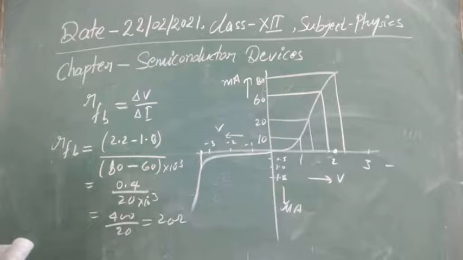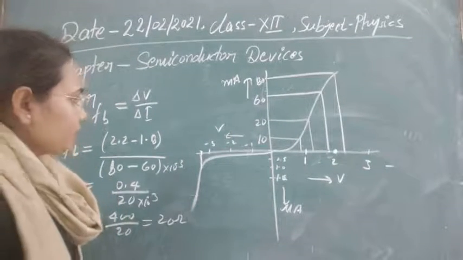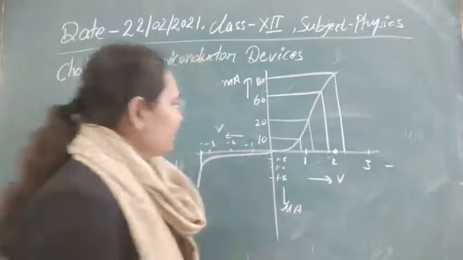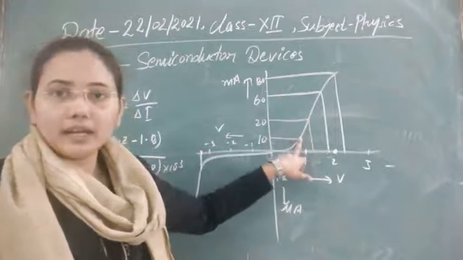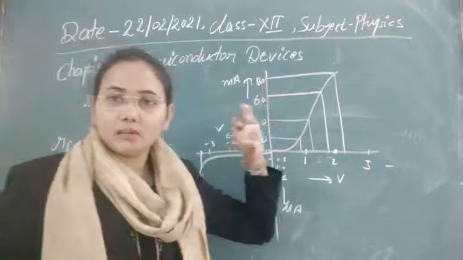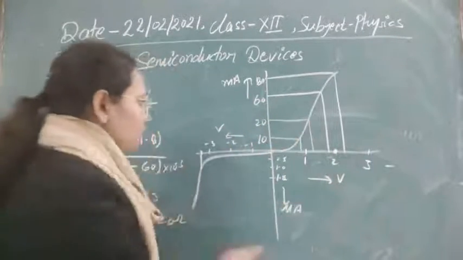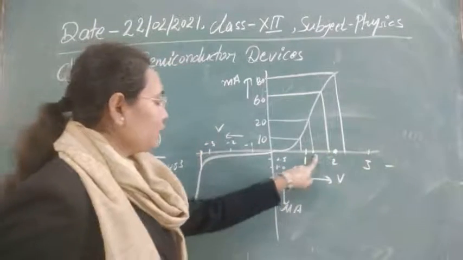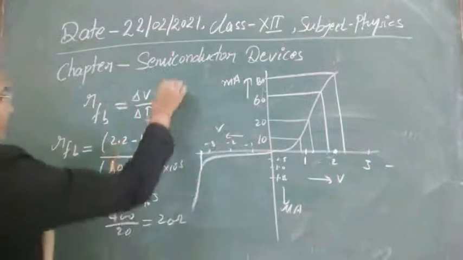I think it's okay now. Next we have to calculate the value at V is equal to 1 volt. As V is equal to 1 volt is here, and in this region the graph is again linear, it means that within this region the value of resistance will be constant. So we can just calculate it by calculating its slope here. This value is equal to 1.2 volt, and this is equal to 0.8.